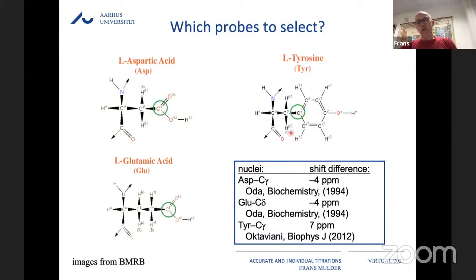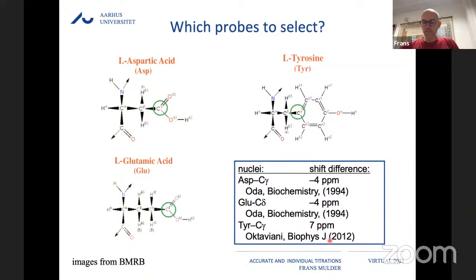acid. For the tyrosine, one actually has two choices. We could try to address the carbon zeta, that's the one where the oxygen is going to be deprotonated. But it turns out that if you look at the carbon gamma at the other end of the ring, then that is just as sensitive. And there are some reasons that have to do with the flipping of the tyrosine rings, the rotation of the rings about the twofold axis, that cause the gamma shifts to be more easily accessible spectroscopically than the zeta shifts. So that's why we developed some experiments following the C gamma shifts of the tyrosines,